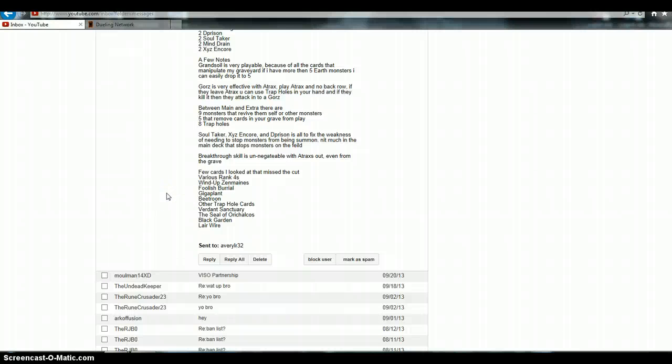Like I mentioned, Grand Soil is very playable because of all the cards that manipulate his graveyard. If he has more than 5 Earth monsters, he can easily drop it to 5. Gores is very effective with Atrax. Play Atrax and no back row. If they leave Atrax, you can use trap holes in your hand, and if they kill it, then they attack into a Gores. Between the main deck and extra deck, there are 9 monsters that revive themselves or other monsters,